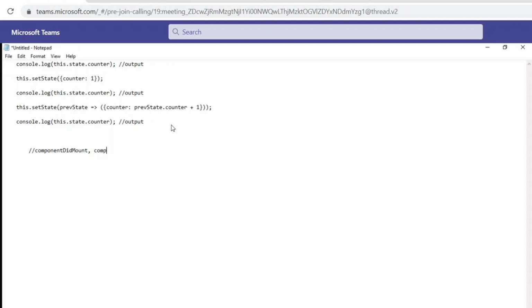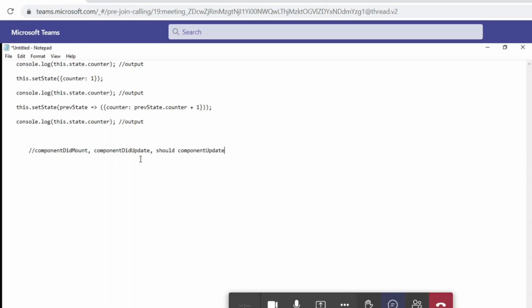Yeah, so for componentDidMount we can use useEffect, and for componentDidUpdate, sorry, not useCallback, we can use useEffect only to achieve componentDidUpdate, and shouldComponentUpdate we can achieve with useCallback.